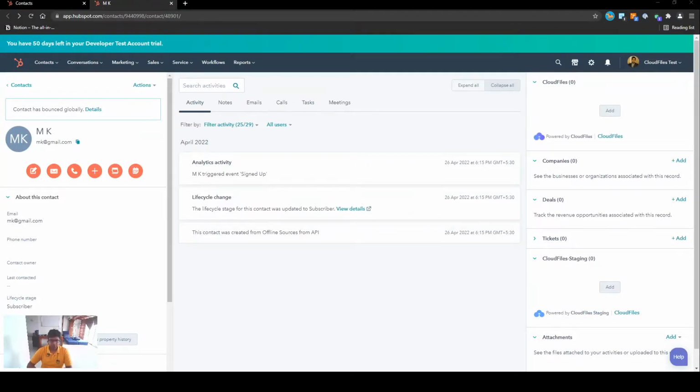So I'm in my HubSpot right now, and the first thing I need is access to my current files on my records. So, for example, I can go into any of the contact, company, deal, or ticket records. Right now, I'm in one of the contact records. Once you have CloudFiles installed, you will have this widget on the right nav bar that you can drag up